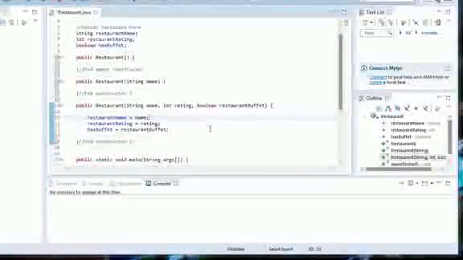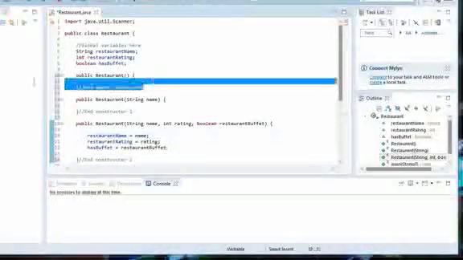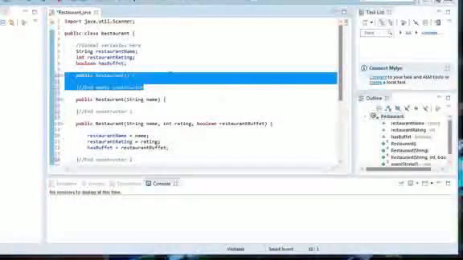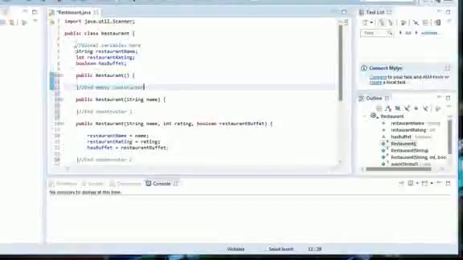Alright, so right now you can see here that I have three different constructors. The first one is, public restaurant, and there's no